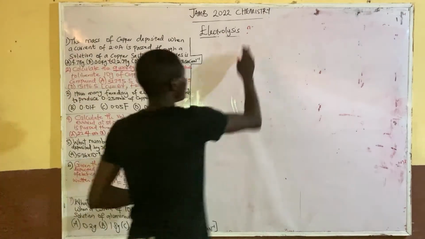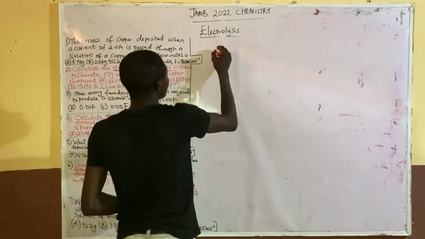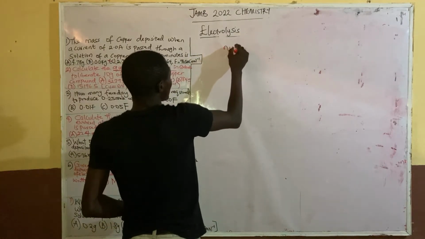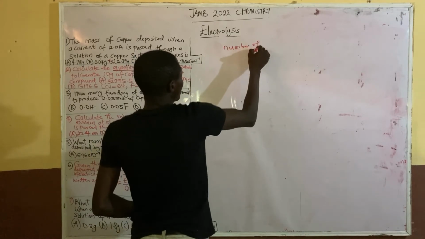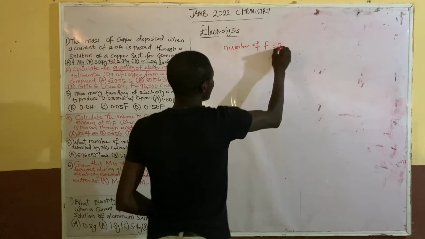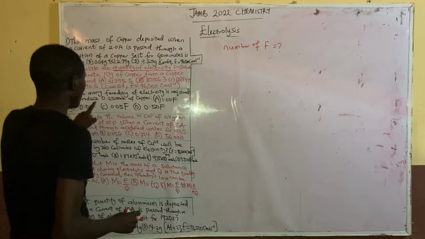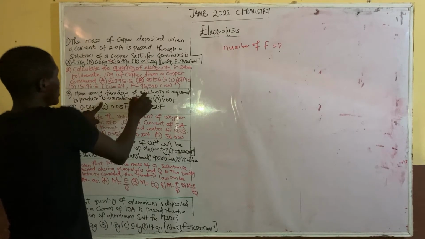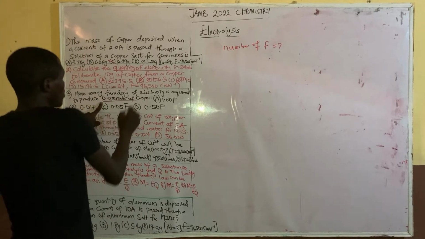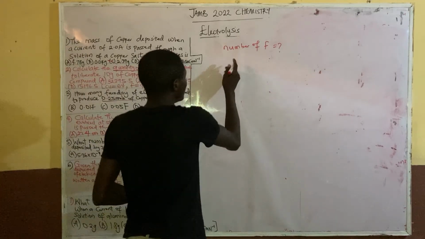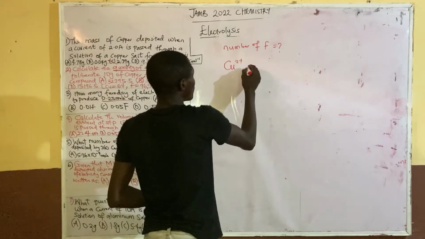copper. Now, how many Faraday? Number of Faraday. So now it's required to produce what? How many Faradays of electricity is required to produce 0.25 mole of copper? Now copper itself is Cu2+,